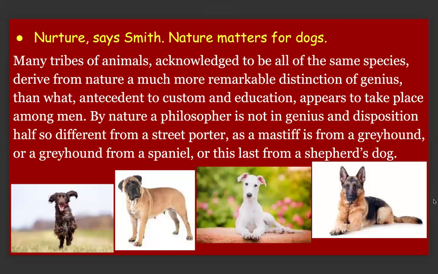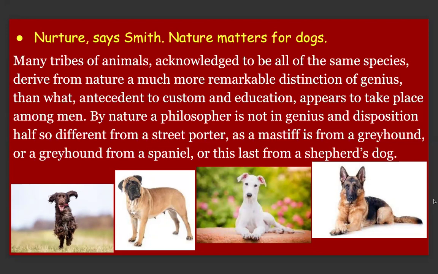So he's saying nature matters actually much more for dogs. Look how different dogs are from one another. He's arguing we're not as different from one another really as dogs are, right? One is really fast, one is really strong, one is really sweet, and one is really good at hunting. They have very different characteristics. Maybe we are as different as dogs. You can disagree, but that's what he's saying. That dogs have very different physical characteristics that make them good at different things. And we have some of that, right? Some of us are tall, some of us are shorter, stronger, whatever. But it's not as much as dogs are.